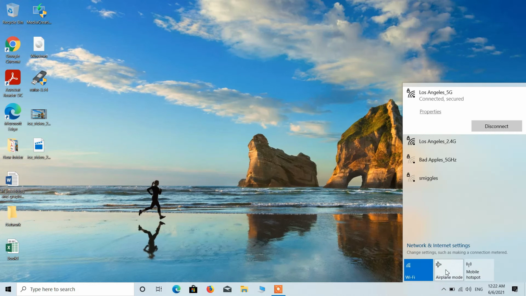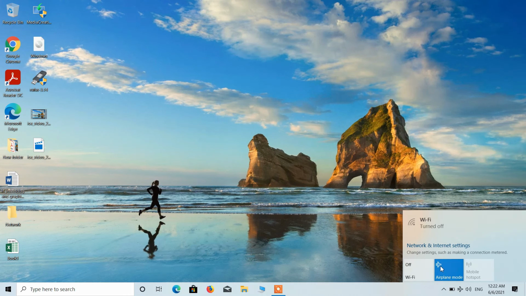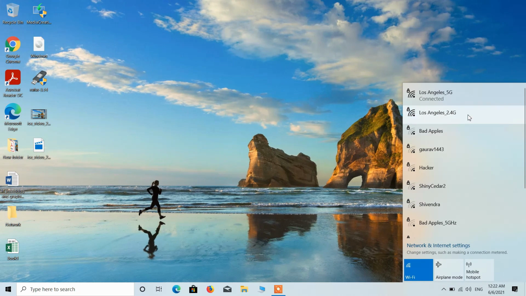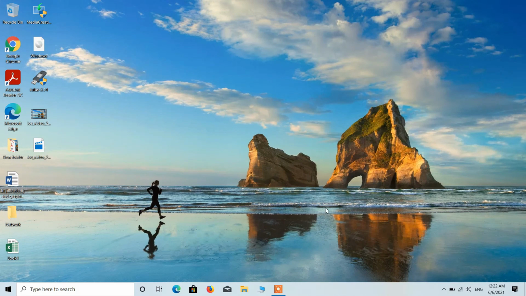If in your system it is turned on and showing in blue color, then what you have to do is just click on this airplane mode once to turn it off, and the Wi-Fi will automatically get on and it will start showing all the networks in your system. So this was method number 5.